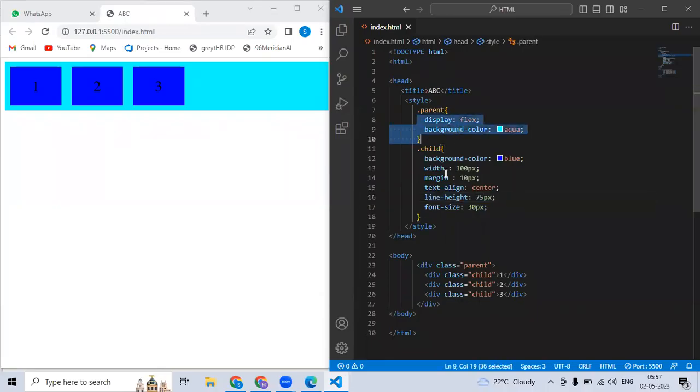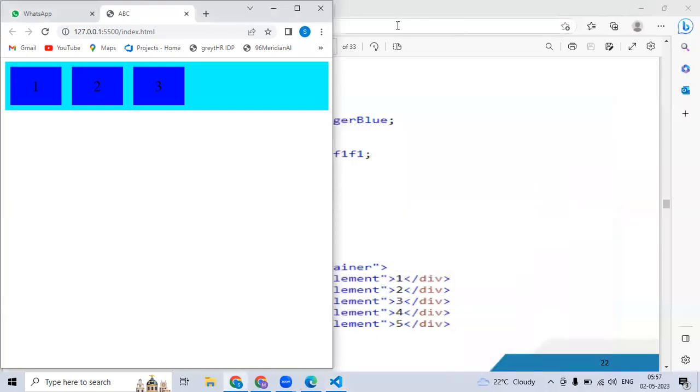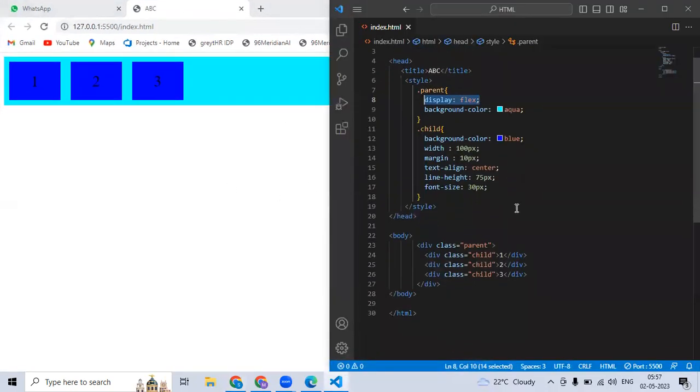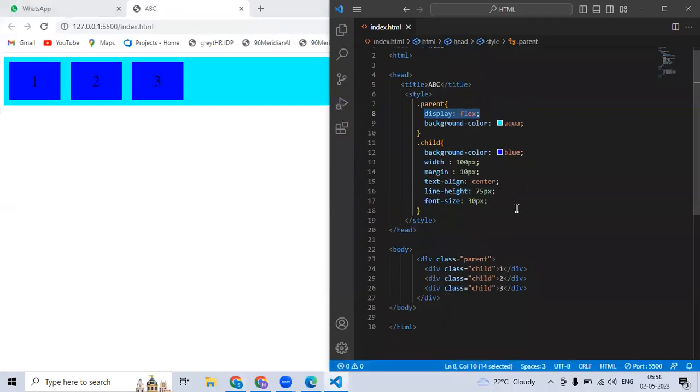You know all the properties what we are having. Okay, the only new thing is display flex. Display flex means you are making a column to row. Okay, by default it was going to print row wise. Okay, see it. Got it? Now what I will do